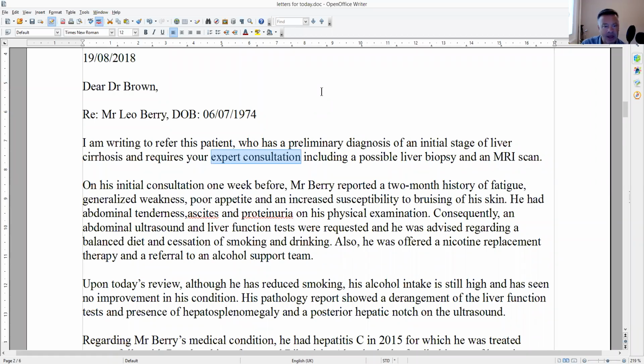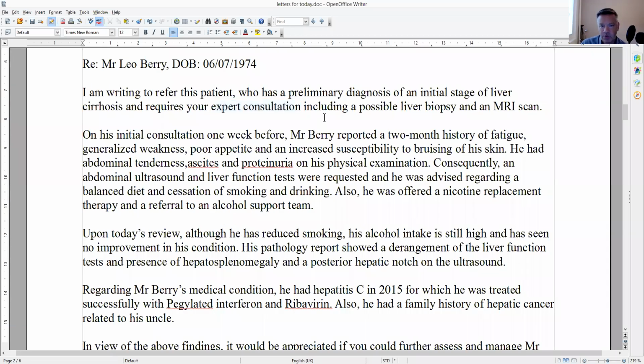Okay. On his initial consultation a week before, Mr. Berry reported a history of fatigue, loss of appetite, increased susceptibility to bruising. Okay. Abdominal tenderness, ascites and distension. Consequently, well, consequently or subsequently, because consequently means as a direct consequence of, but it happened afterwards, so I would use subsequently. An abdominal ultrasound and liver function tests were requested, and he was advised regarding a